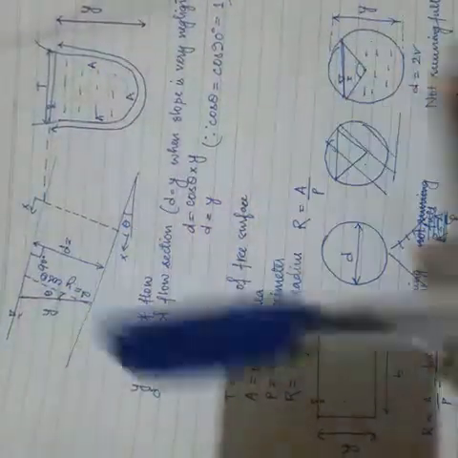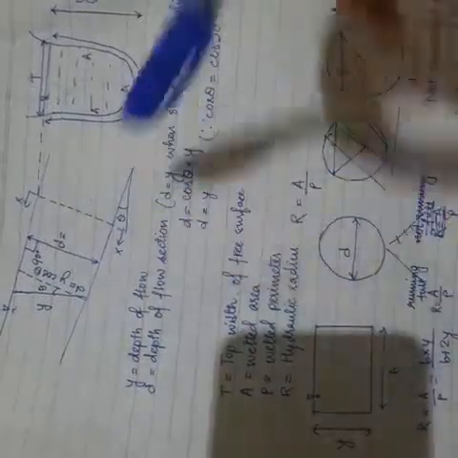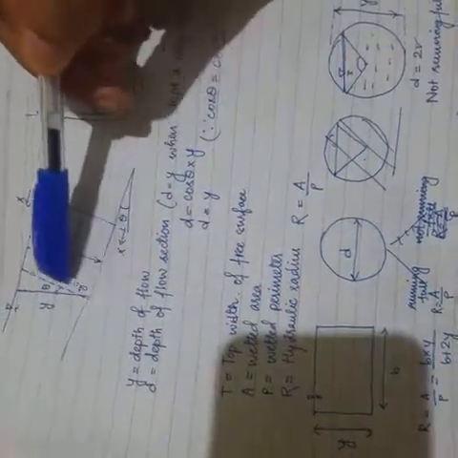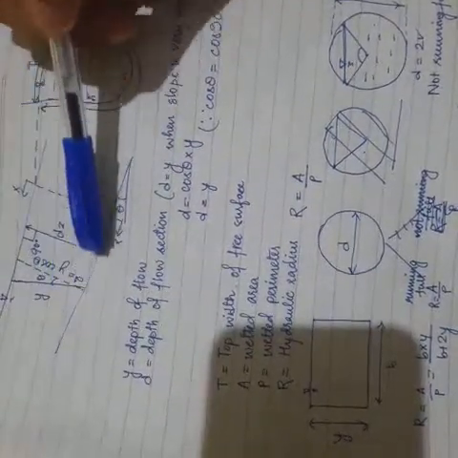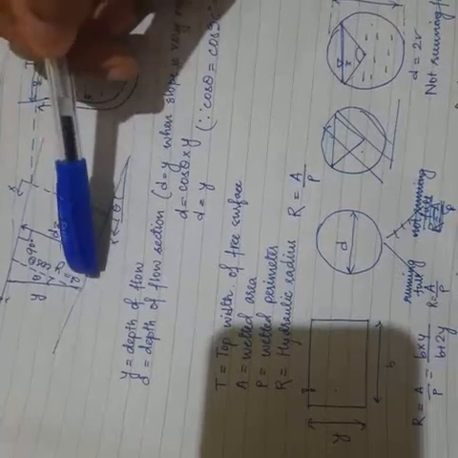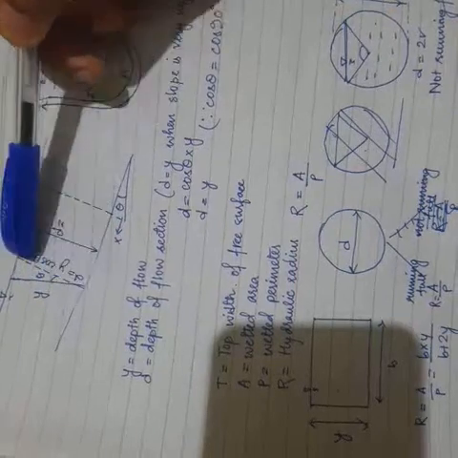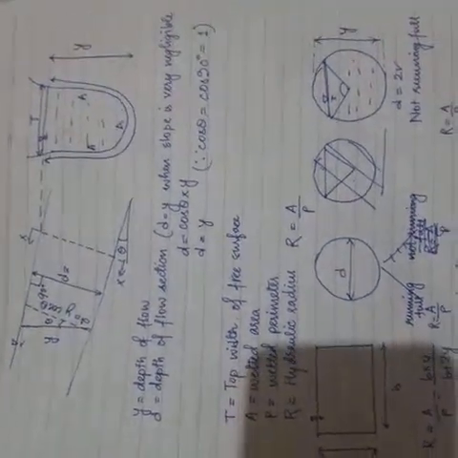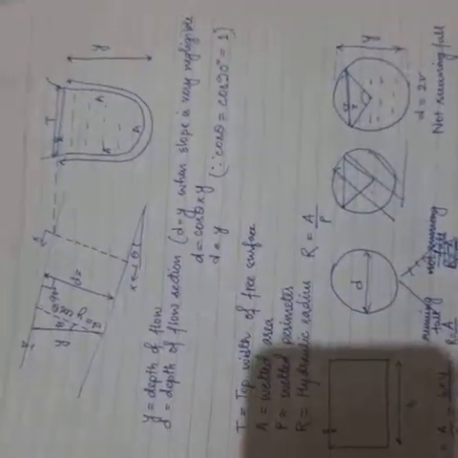When does this condition become d equals y? D equals y when there is no slope. If this is y, then this is going to be d. d is the normal to the bed slope surface. So d is equal to y cos theta. So cos theta is here. So this much I guess you are comfortable with.